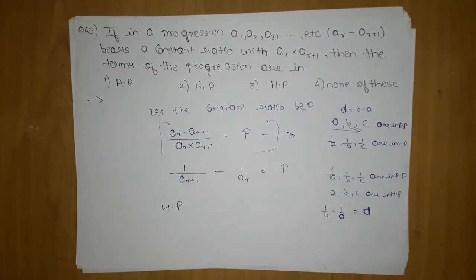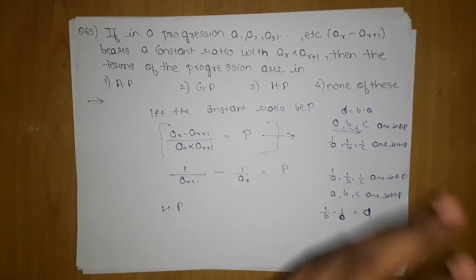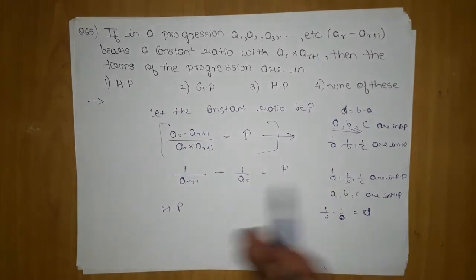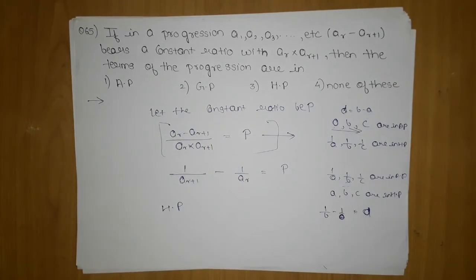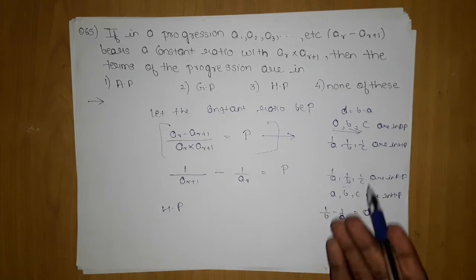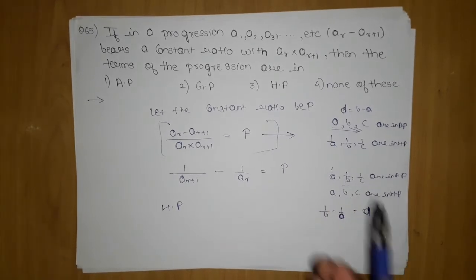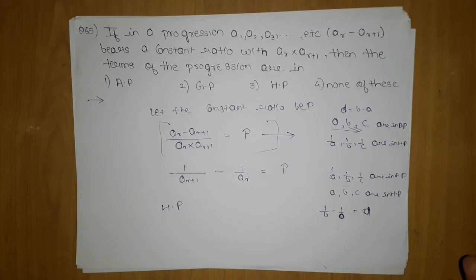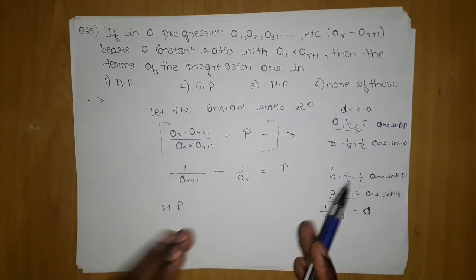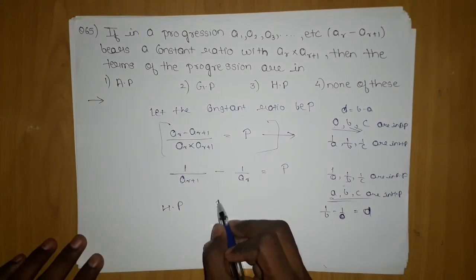So it is nothing but an HP. Again I will tell you. See, they are telling a constant ratio. Fine, we have written the condition. After this you should realize that if I split it up, I am getting reciprocal terms, and these kinds of terms appear in HP only. So my indication should be that it is surely an HP. For verification we considered the terms and came to know that the bigger term gets subtracted. So here also you can see this is nothing but an HP. Third is the answer.